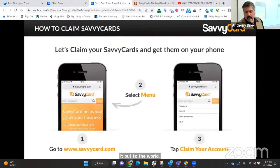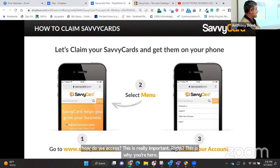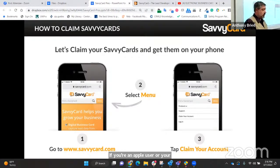Okay. How do we access this? Because this is really important, right? This is why you're here, why you care, right? On your phones, open up your web browser. Now, depending on your phone, it's either Safari if you're an Apple user, or if you're Google, open up your browser on your phone. Simply go to